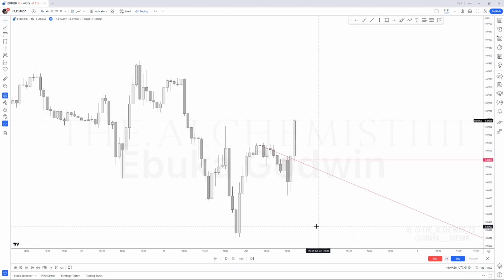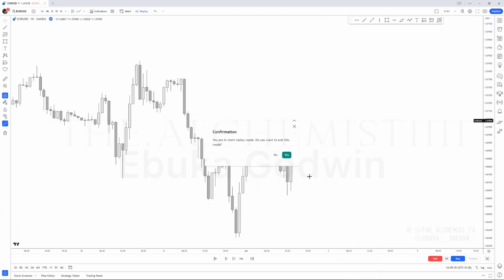You need to understand how much you're going to risk for high risk setups, how much you're going to risk for low risk setups, and how much you're going to risk for medium risk setups. We will go through all of that. There's so much more to cover. This is just the basics, but you know this, right?